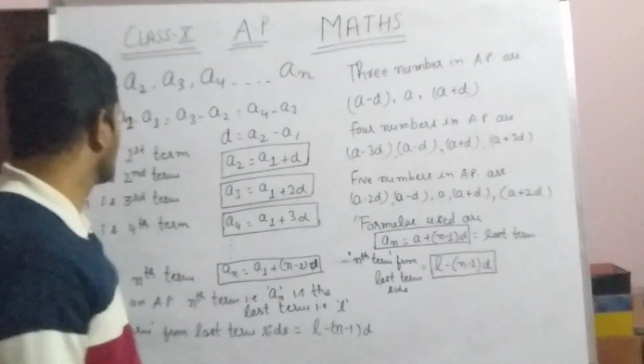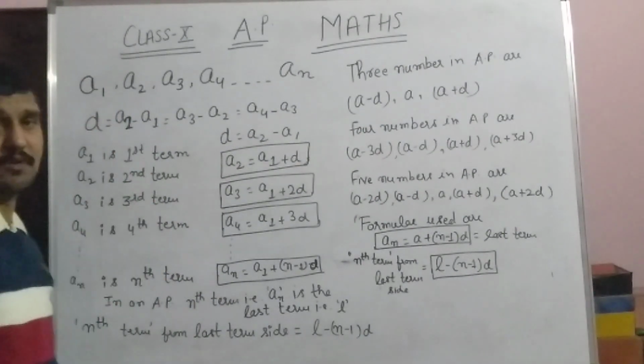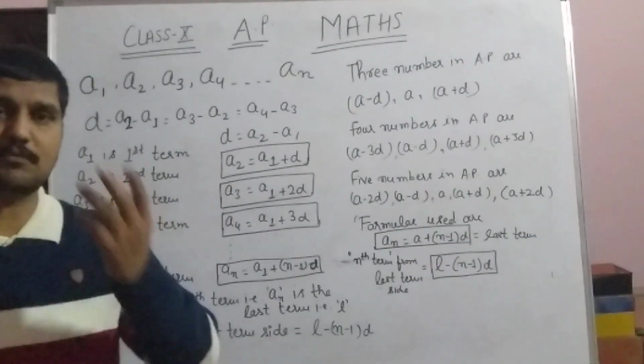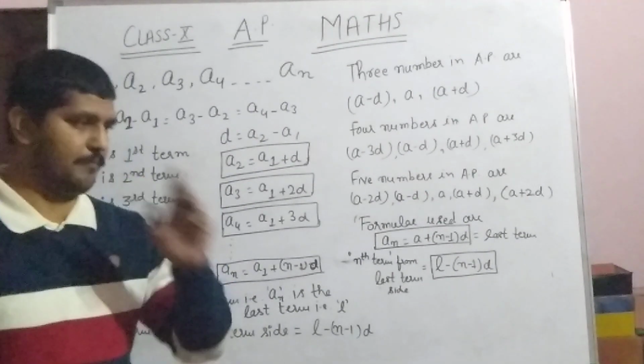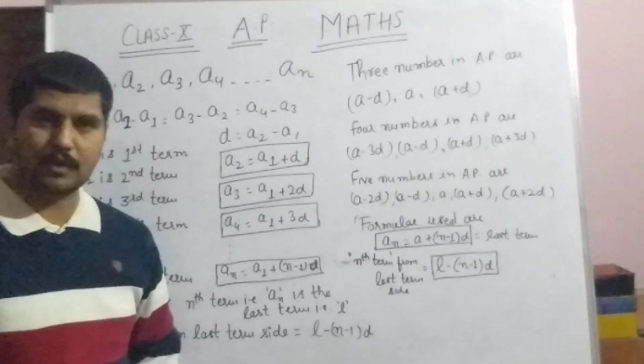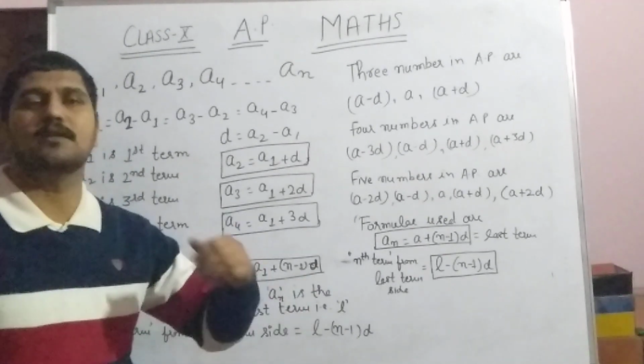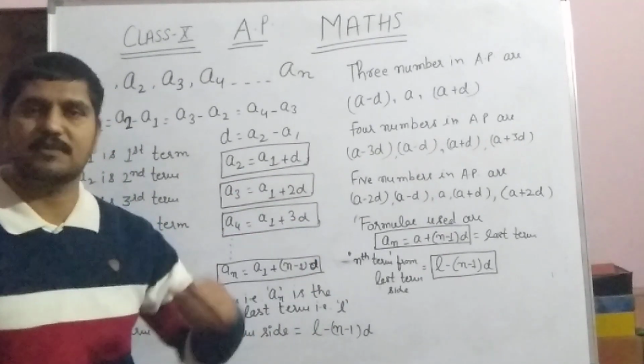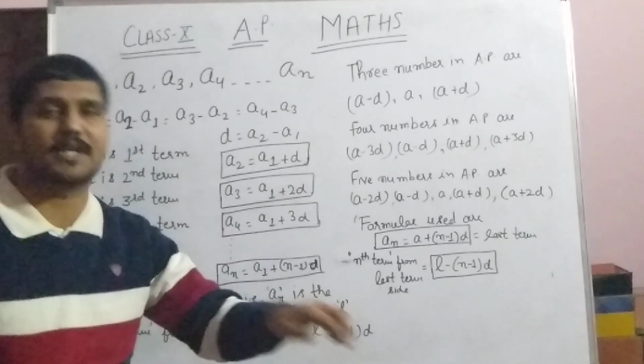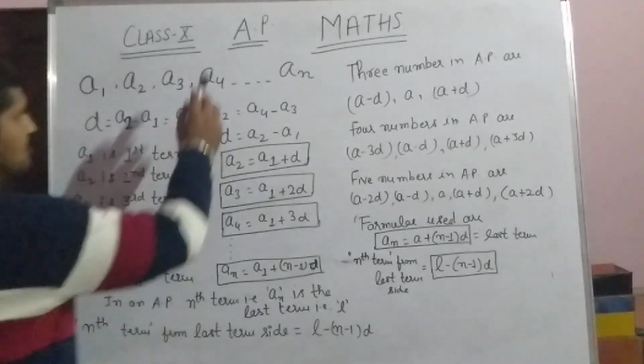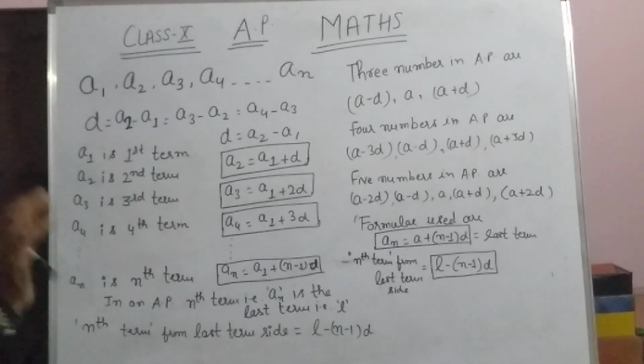So let us start. What is arithmetic progression? The name is arithmetic progression, meaning some arithmetic operation is to be followed. It may be addition, subtraction, multiplication, division, and that should be in progress. It means arithmetic progression means we are using some type of pattern in which